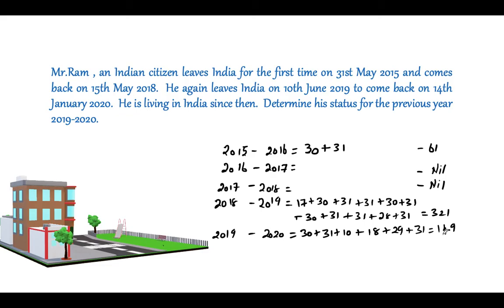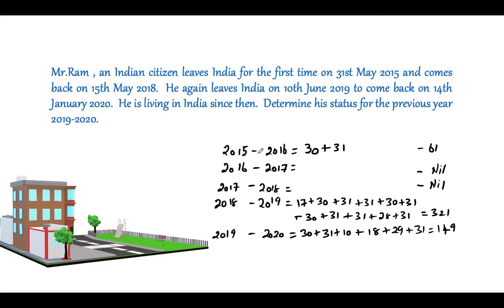When he becomes a resident, he can claim a status of resident but not ordinary resident. To claim the status of resident but not ordinary resident, he should prove that he was not there in India for 9 years out of 10 years immediately preceding the relevant previous year. Leave this previous year 2019-20, take 10 years preceding to this. He should prove that he was not in India for 9 years. But all those years before this 2015-16 he was there in India. So the first condition is not satisfied.